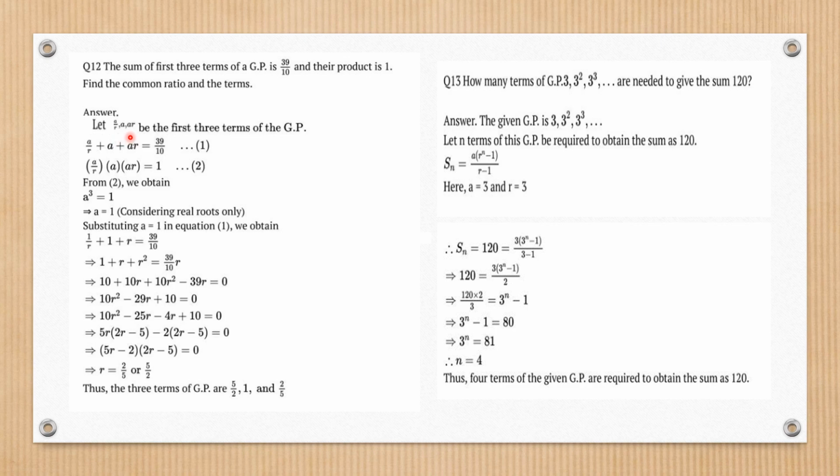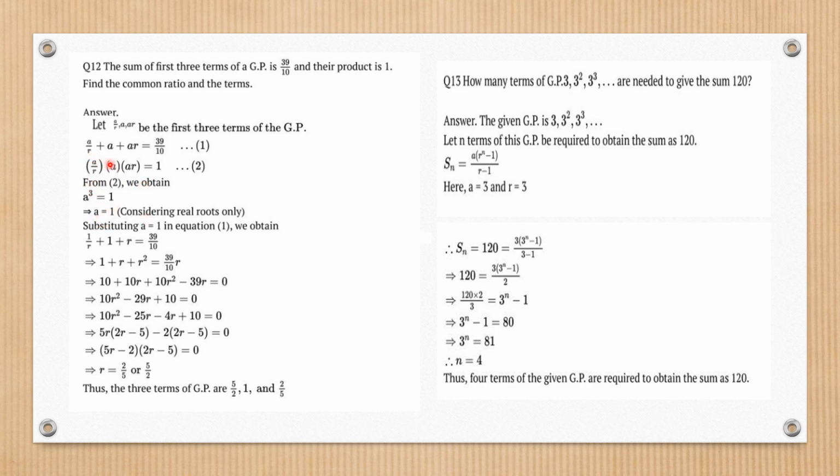Now what will be the benefit of it? As the sum given here is 39 by 10, that is okay. You will say what is new here. But see, when I take the product equal to 1, you will be able to get simply A cube equal to 1. Otherwise, if you had taken AR square, you would have got A cube into R raised to power something equal to 1, which will be again something unsolved. So it's better to consider these three terms when sum is given and product is also given. So this will give me simply A cube equal to 1 and A turns out to be 1.